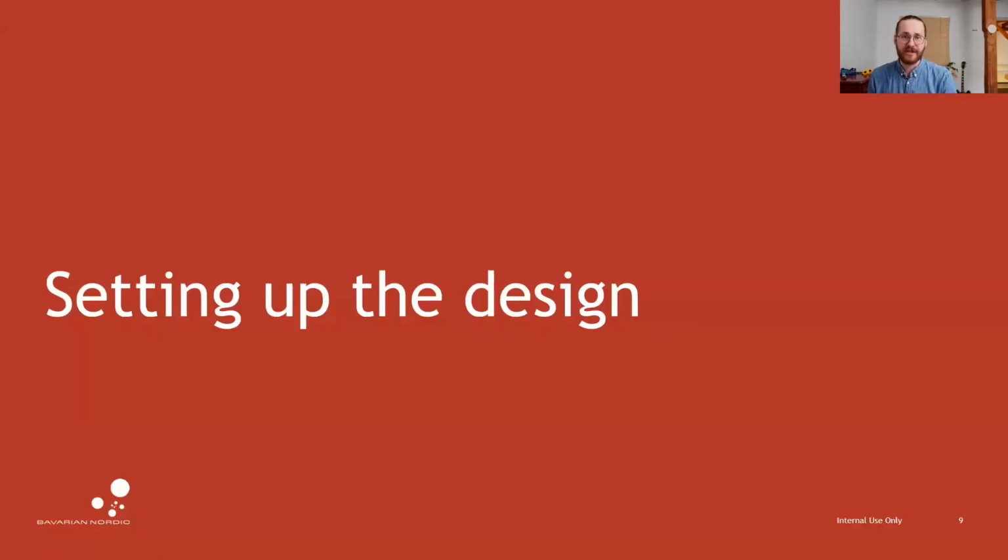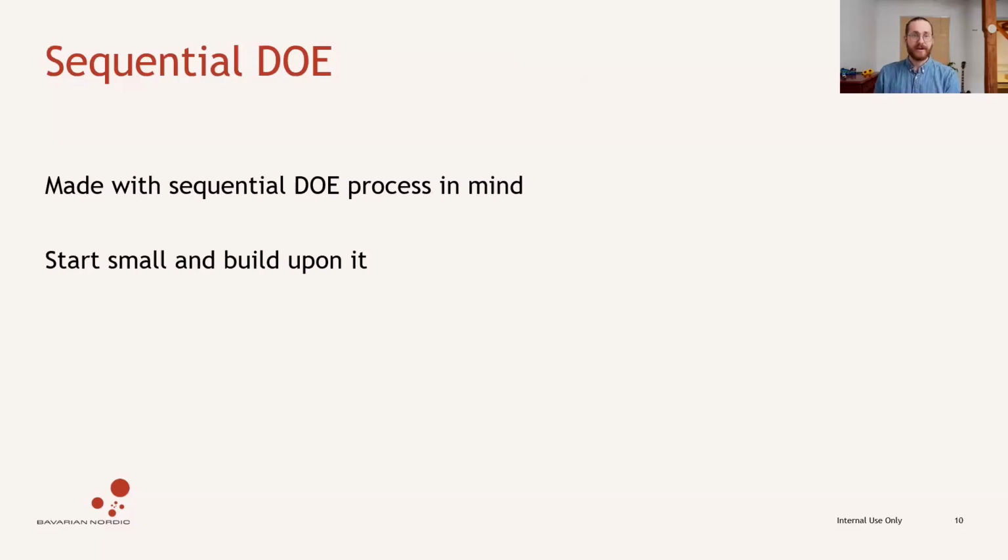So then we went about setting up the design. I made this DOE because I knew it was relatively easy to take new tubes and make new tests. So first of all, I wanted to be mindful about the operator's time and not make more designs or more experiments than needed. So I had that kind of sequential DOE in mind. And so it was to start as small as I could, and then if needed, I could put more experiments on it, making it larger and larger,